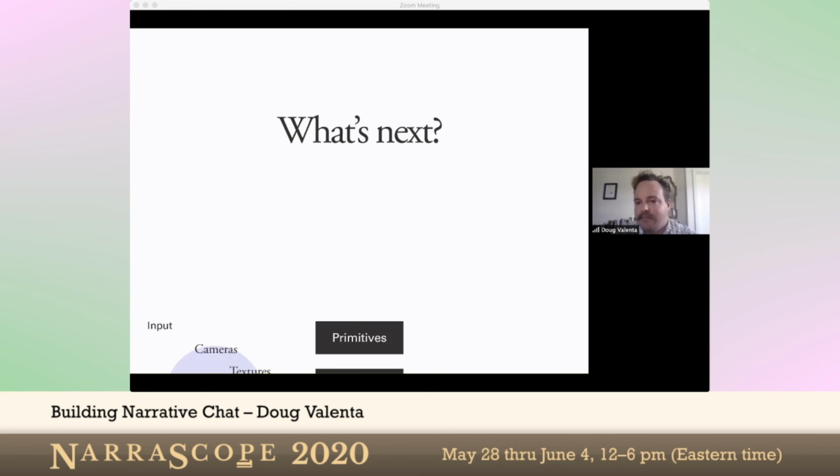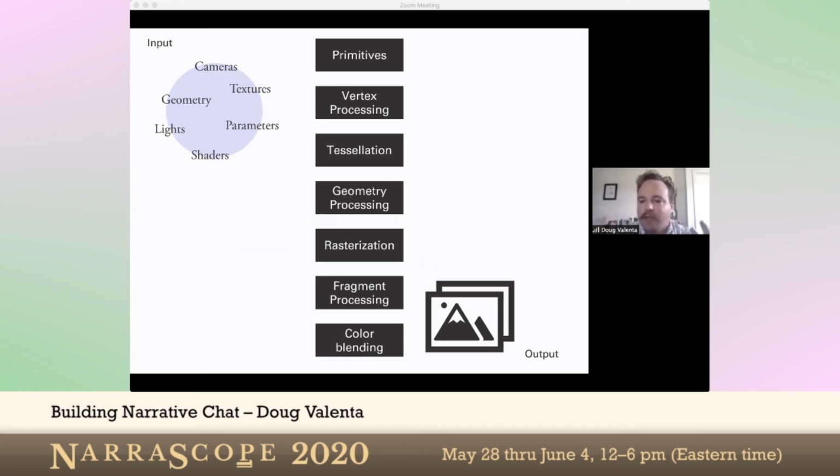Which kind of leads me into my final section, which is I want to talk really briefly about graphics. Like, this is how graphics work. And there was a time when graphics didn't work this way. When the idea was that, well, we have graphics and we're going to blip them to the screen. And now, for the past 20 years, more or less, this is how game graphics have worked, is that there are these abstractions about things that could be graphical, things like cameras and materials and geometry. And they go into this pipeline that processes them and turns them into actual images for people to see.